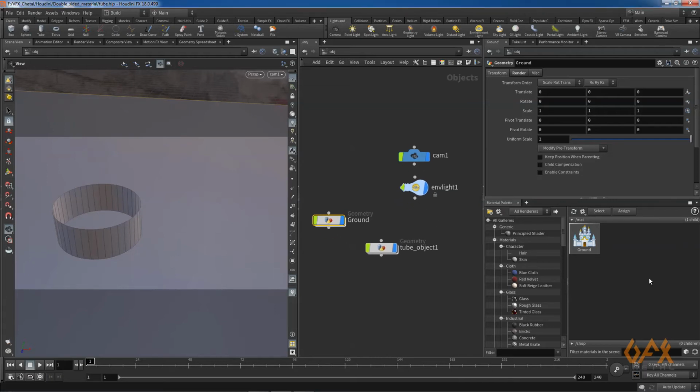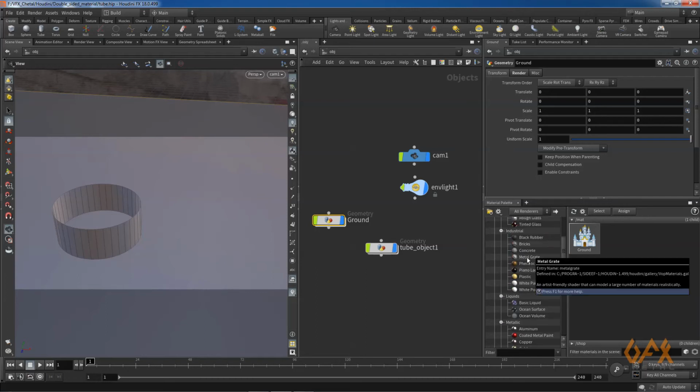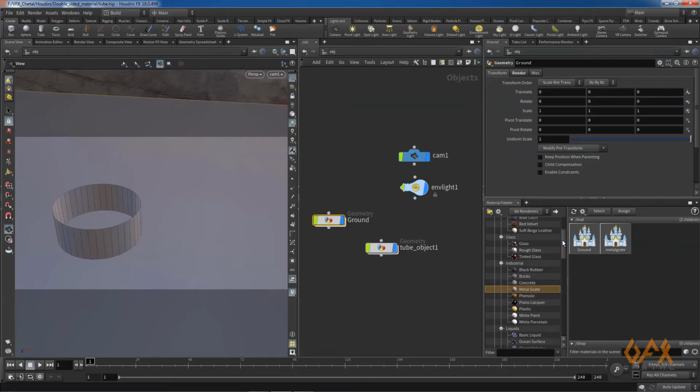So for that what am I going to do? First of all I create those two shaders. So I just copy, or I just use two shaders over here, like metal grade and maybe copper.